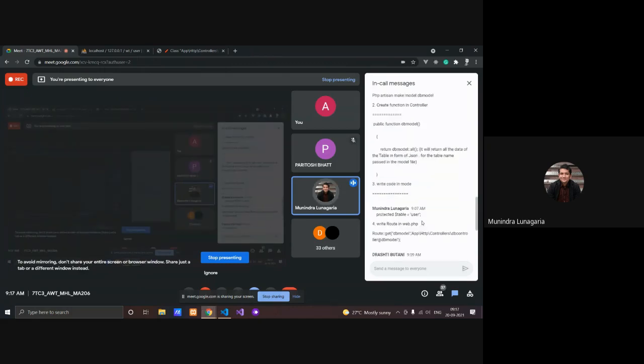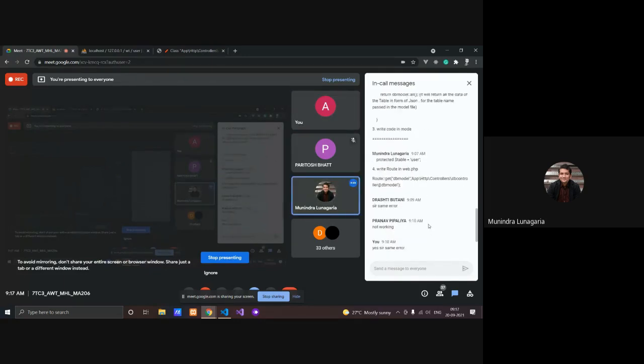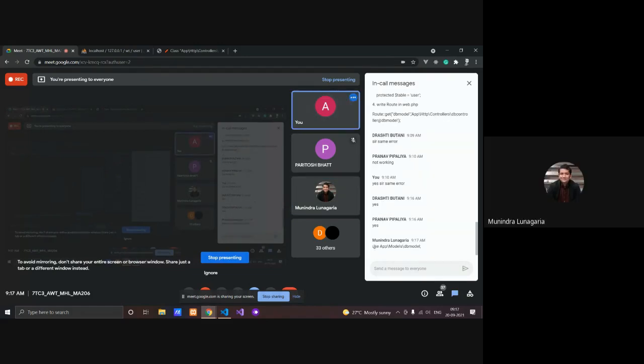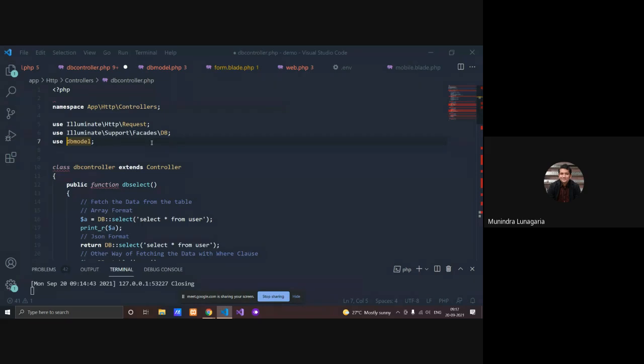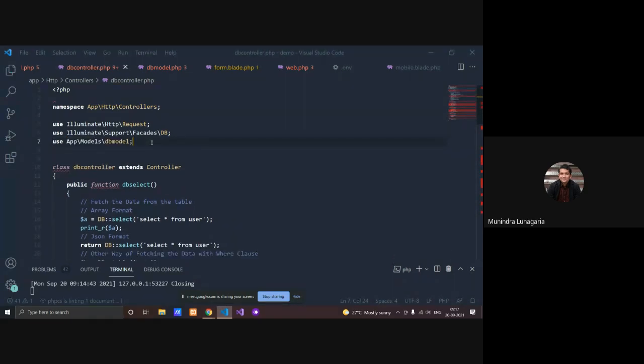We need to give the path, app and models. Scroll it down. Okay. Yeah, copy this, paste it in the DB controller. Save this, execute this once.